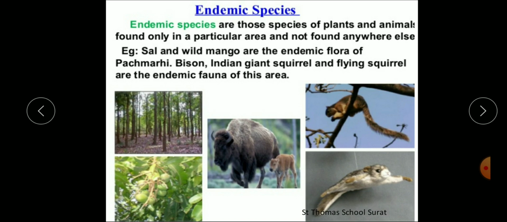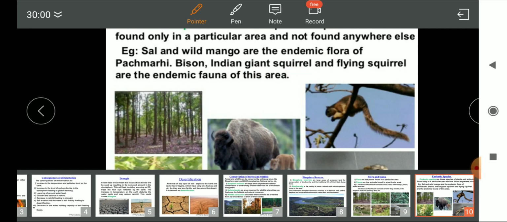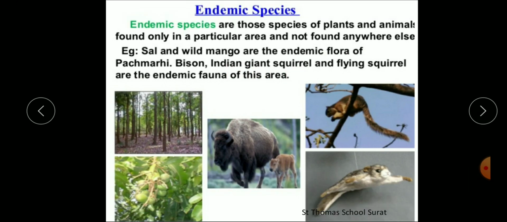Examples of endemic species you can see here. Sal and wild mango are the endemic flora of Pachmarhi. Bison, that is the Indian giant squirrel, and flying squirrel, they are the endemic fauna of this area. Giant means you can see it is a so big squirrel. Yes or no? Very big squirrel. Or you can see the flying squirrel. They are the examples of